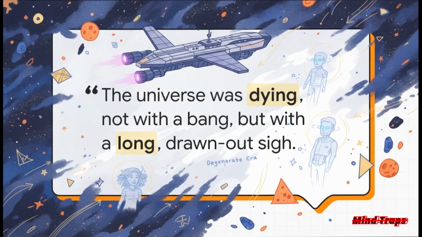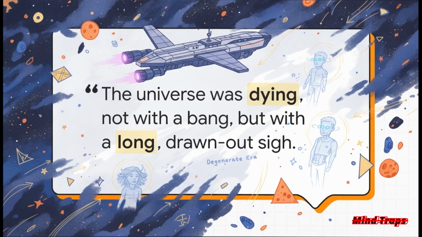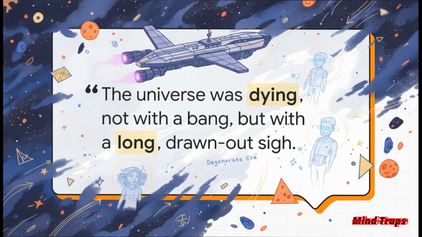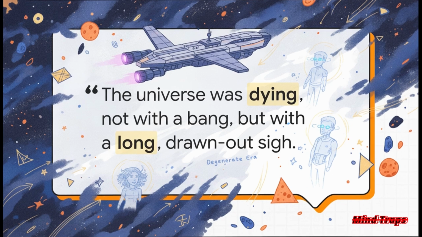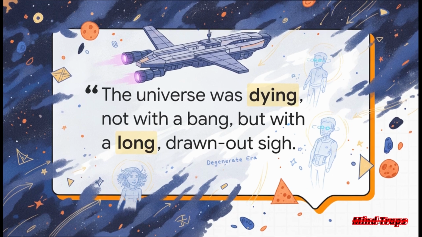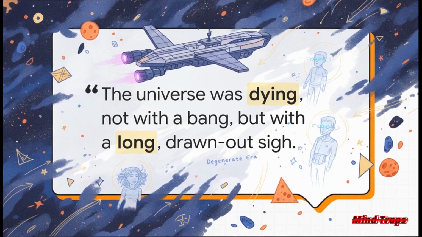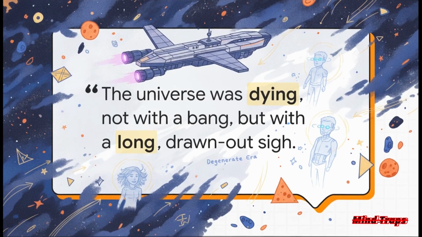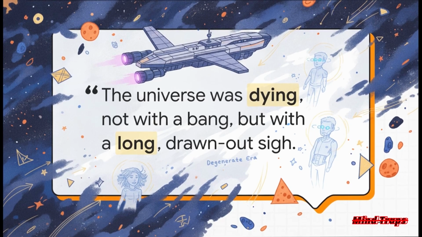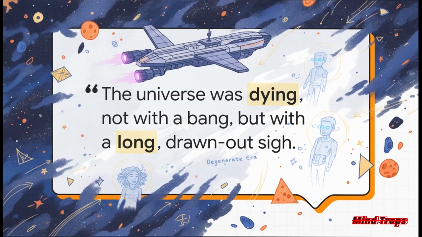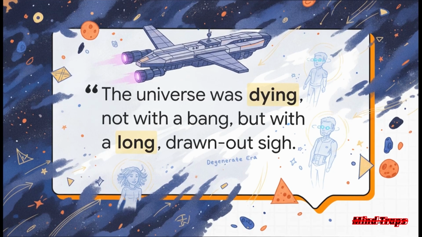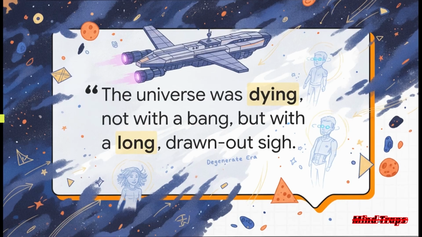The universe was dying. Not with a bang, but with a long, drawn-out sigh. This quote perfectly sets our scene, right? We're starting our journey aboard the research ark Bekenstein-09. Here we meet Dr. Elena Vance, a theoretical physicist, and her cybernetic colleague, Marcus. They are navigating through a suffocating, pitch-black void known to astrophysicists as the Degenerate Era. We are talking trillions of years in the future, long after the very last stars have burned out.